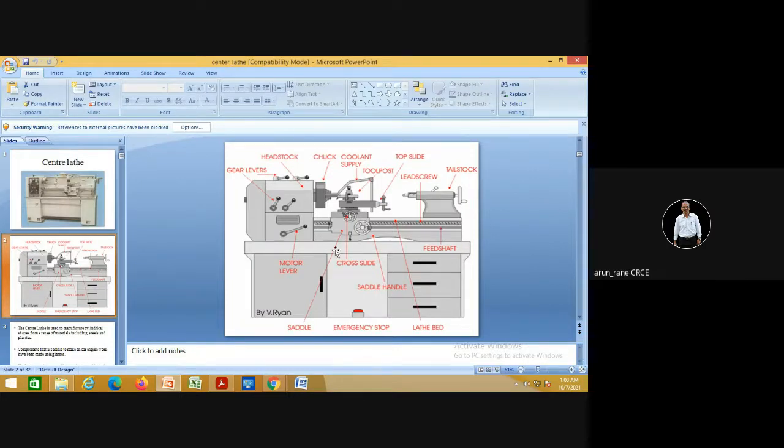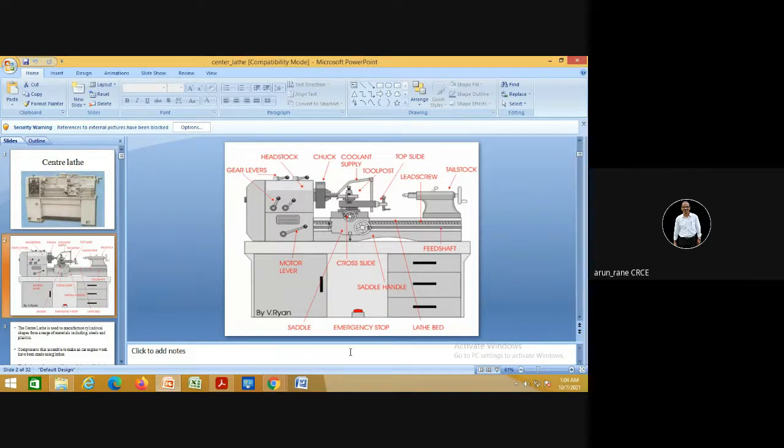So these are the different parts of the lathe machine. Since in the first year you could not visit the college for practical purposes, physically you may not have seen this lathe machine, but anytime you are welcome here. Our workshop is open, college is open, faculties are open. If you want to come in batches to comply with social distancing, you are most welcome. I can take you to the workshop. I will show you whatever facilities and machines we have.